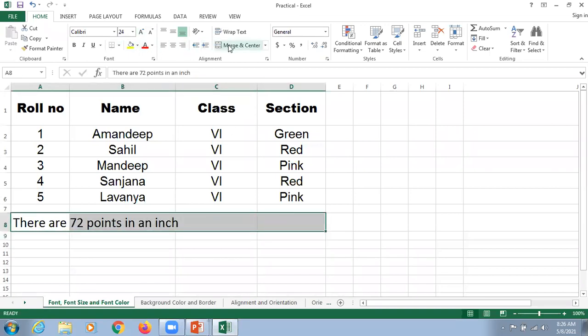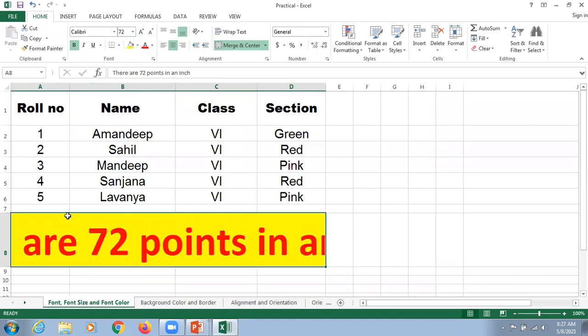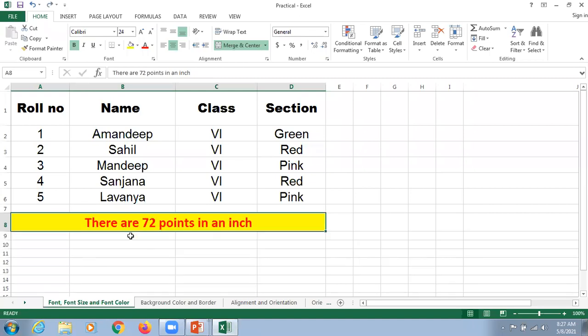When we talk about 72 points, it means that when we measure things, 1 inch has 72 points. When we click here and select 72, it means that the size of this particular font is 1 inch. This is very, very important.